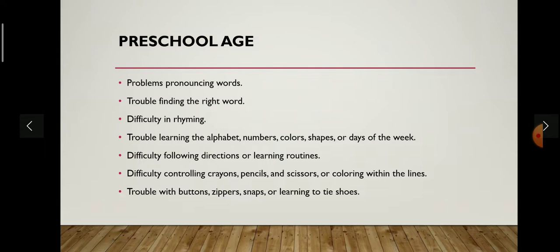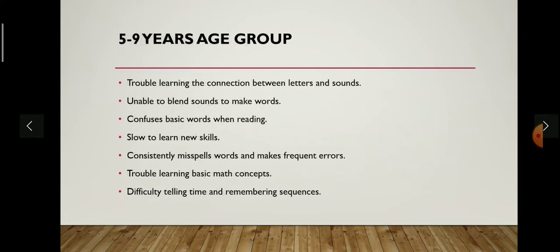Difficulty in controlling crayons, pencils and scissors, or coloring within the lines, and also trouble with buttons, how to button their shirt, how to close their zips, snaps, or learning to tie their shoes. So these are the difficulties faced in preschool age, and difficulties faced in the 5 to 9 year age group: